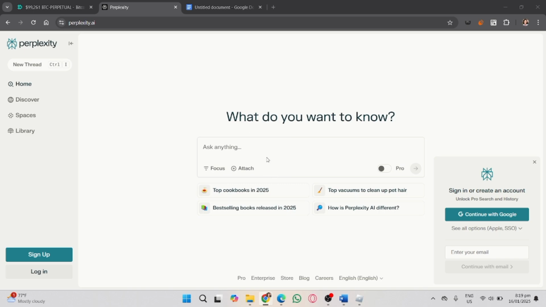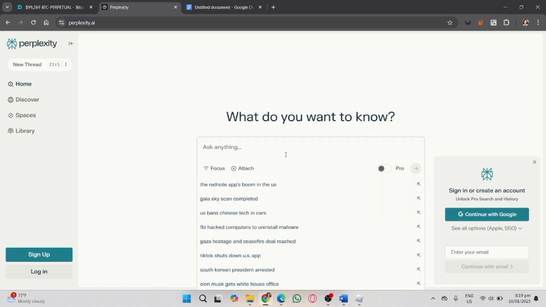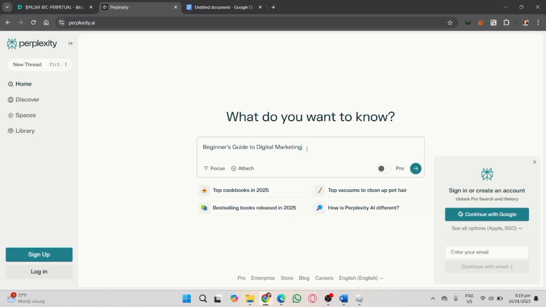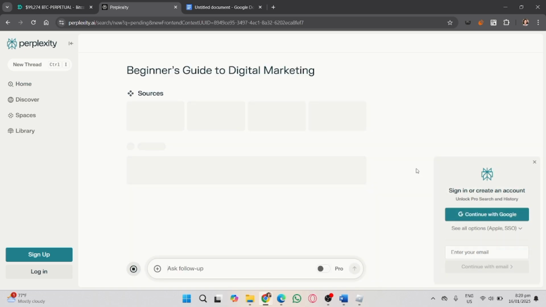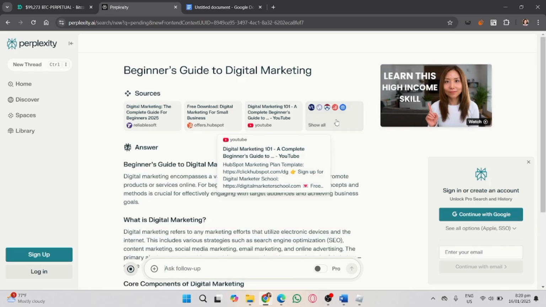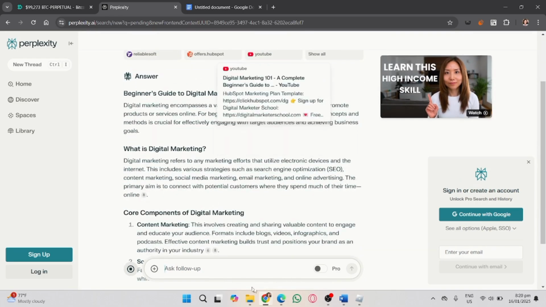Now, before generating content, decide what kind of freebie you want, like some popular options like ebooks, checklists, or templates. So in this case, I'm going to type in the search bar, just to give you all an example, beginner's guide to digital marketing. So after that, just click this arrow or enter key and it will generate you